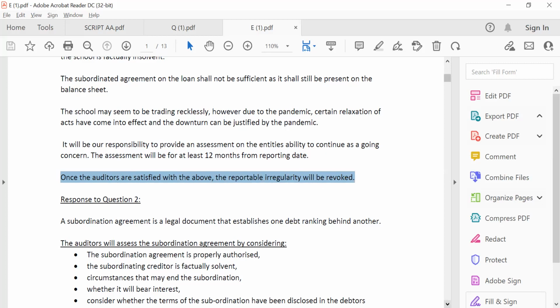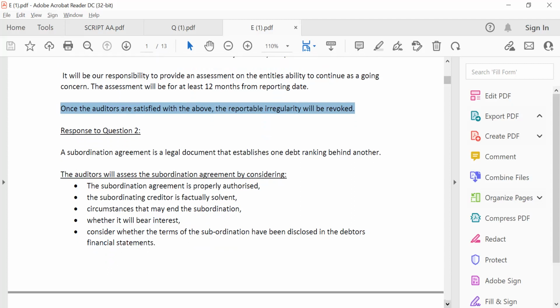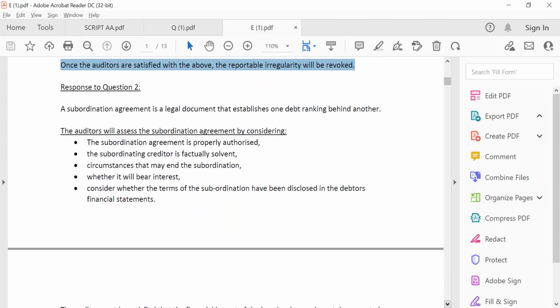So again, if we look at those 4 paragraphs that have been given, it's actually 4 sentences because they're very short. If we look at those 4 sentences, there is no demonstration of good understanding of an unlawful act and what would put the entity at a risk of an RI. So unfortunately for question 1, the candidate did not respond appropriately. For question 2,